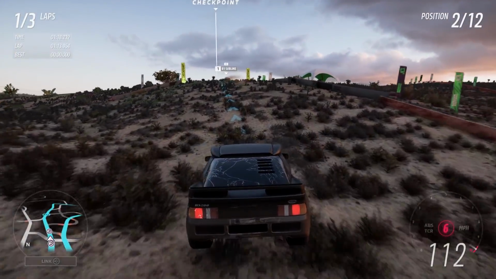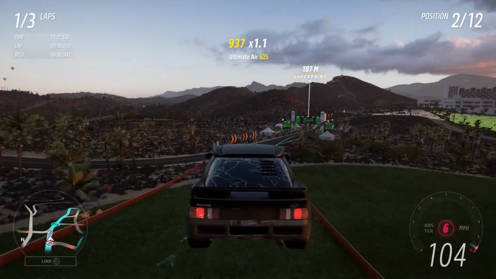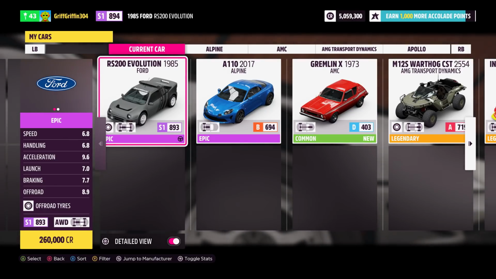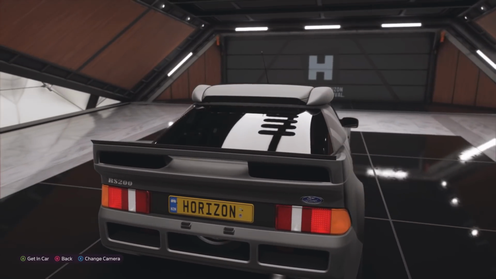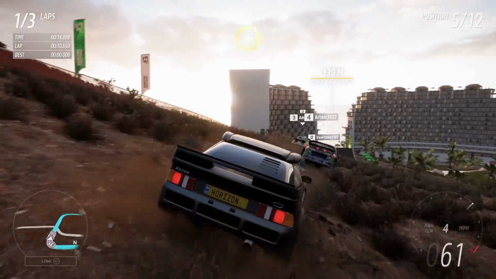Okay, stunts. This covers things like gymkhana, braking signs, and generally any sort of outrageous maneuvers. And the car you want for this is the Ford Hoonigan RS200. This is an incredibly versatile car, so you can push it right to the limit without losing control. It grips to the floor when you go around corners and can go from a dead stop to high